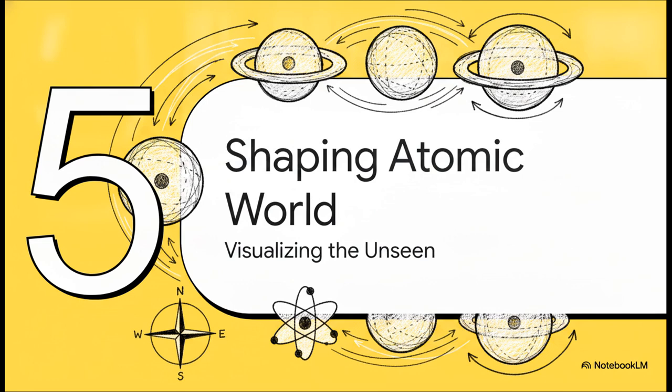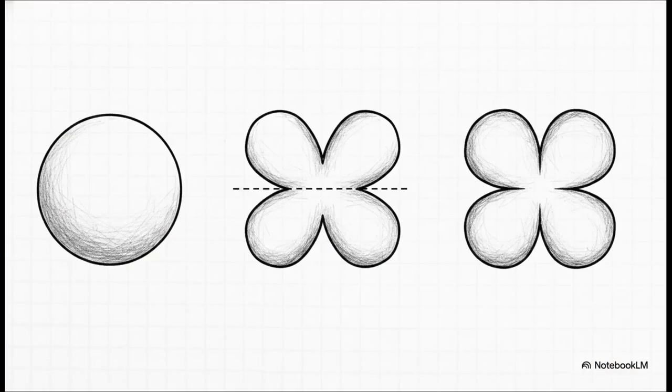All right, Section 5, shaping the atomic world, visualizing the unseen. So we have the address system down. Let's look at the actual physical architecture of these quantum neighborhoods, which is dictated by that azimuthal quantum number. As we go from S to P to D and F orbitals, the geometric shapes transition from simple to, well,